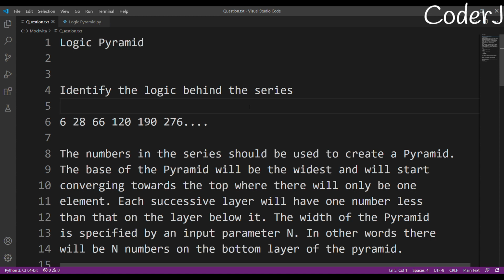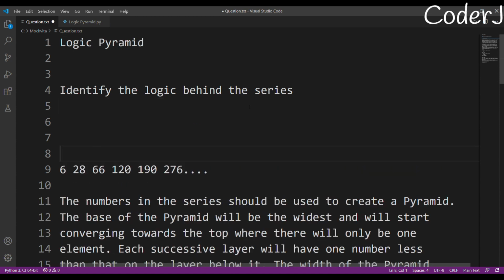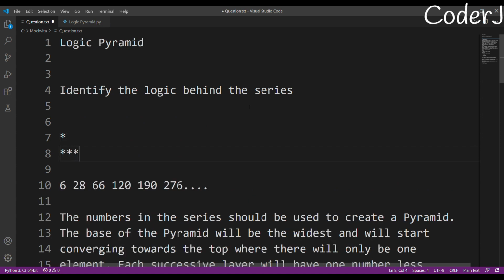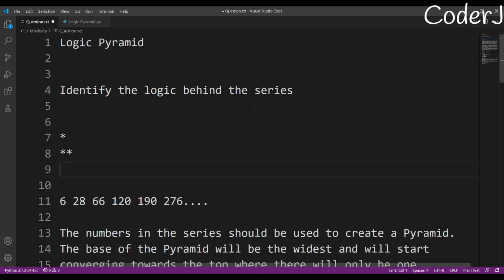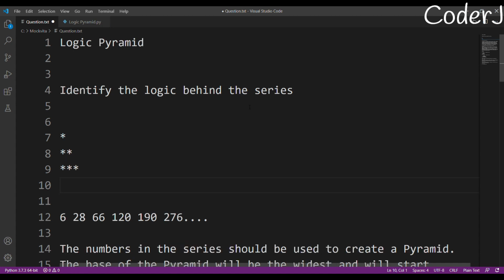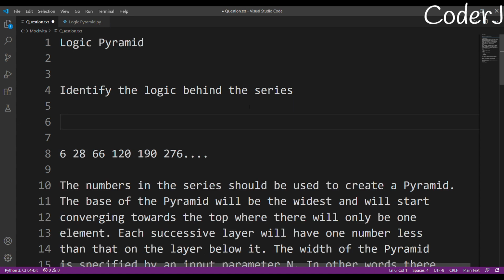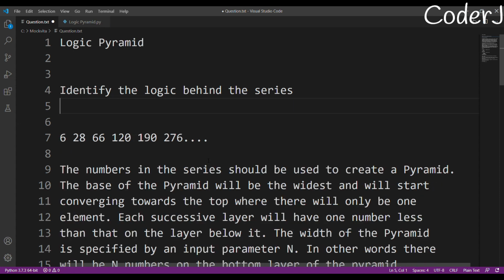All right. So today we'll solve Logic Pyramid. If I'm correct, then I believe this question came in 2016 CodeBeta. So this was a pattern-based question. You have to find the logic behind this series, and then you have to print this logic. Like you have already attended many questions like this when you started coding, like star star and something like this. So this is sort of like that question, but since it's CodeBeta, the level is a little notch above. All right. So let's move on to the problem description.